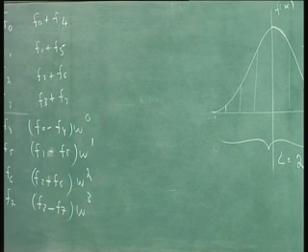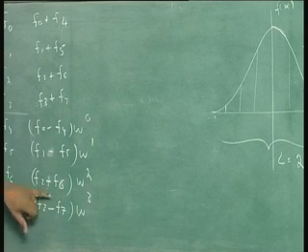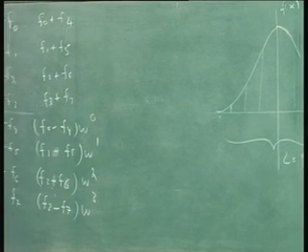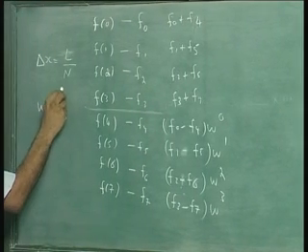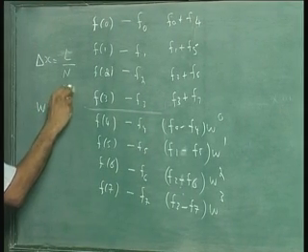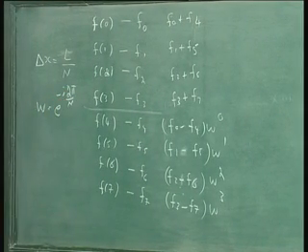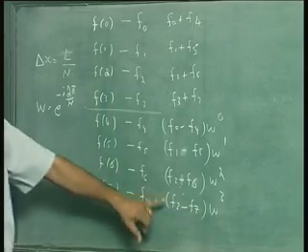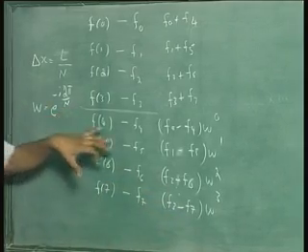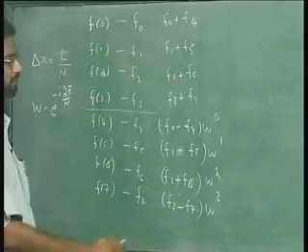Well, that's what we have: all the differences, the difference between the functions multiplied by the weights. Where W, remember, is e to the power of minus i 2 pi by n. That's W, and n is the total number of points. So then this is the Fourier transform of the